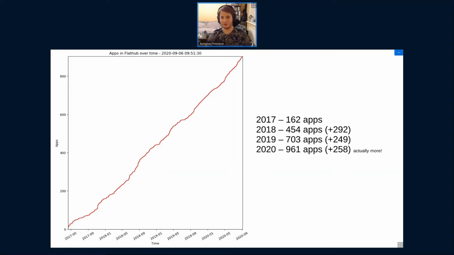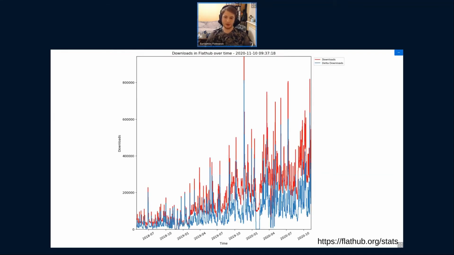However, the number of apps doesn't mean much if you have no users. So let's look at something more interesting than just the number of applications. This is the graph of Flathub downloads, which is, well, very unreadable because the traffic differs depending on the available updates, and it's also non-trivial to calculate when someone is actually installing a new app or just updating it.